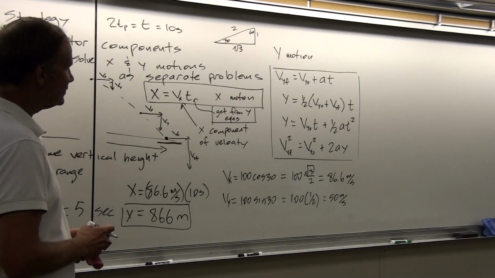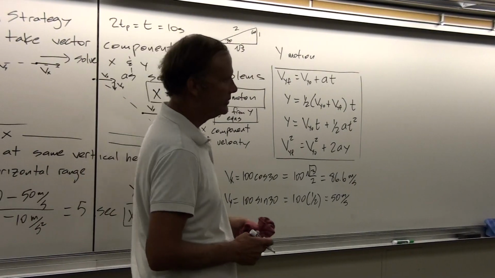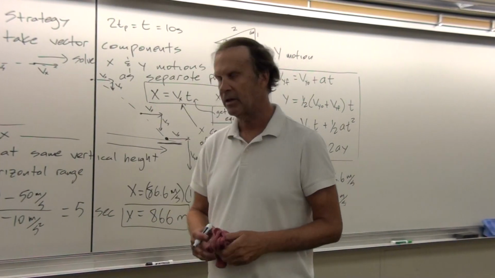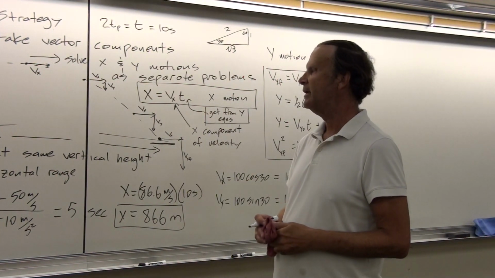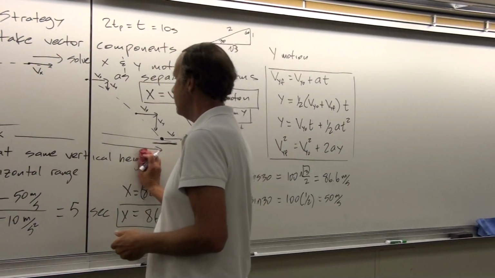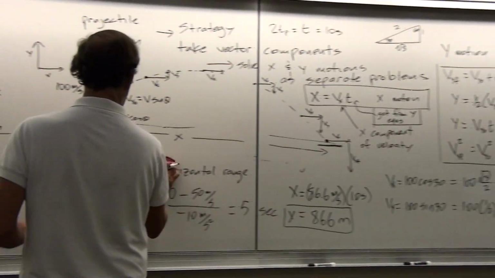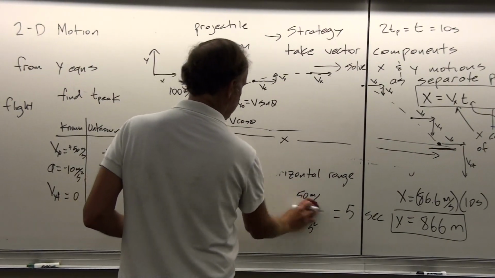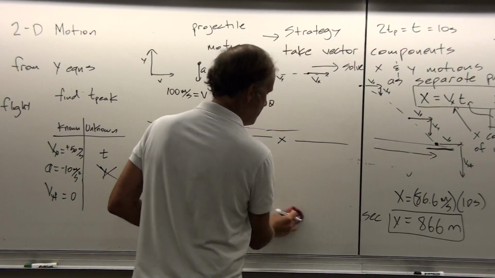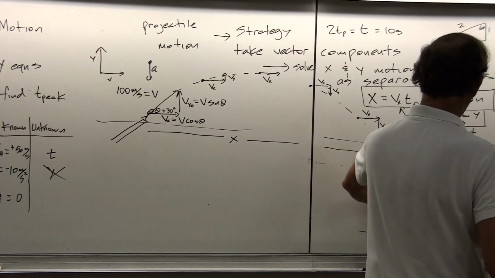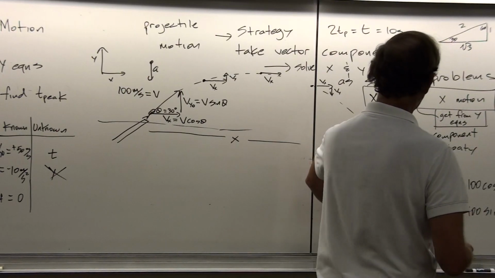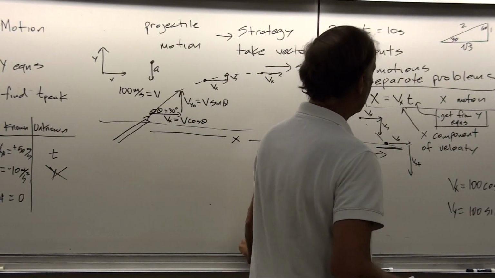Okay, so that's the first problem I wanted to do to illustrate this whole idea of projectile motion. But there are other things we can do as well. Let's keep the initial conditions the same. In other words, we've got the clone being fired out of the cannon so that the x and the y components of velocity are the same.